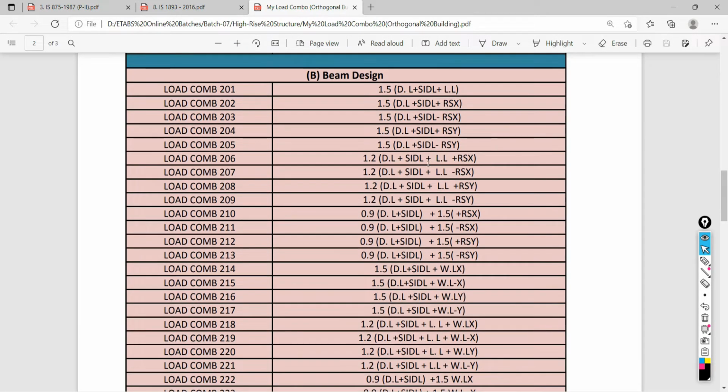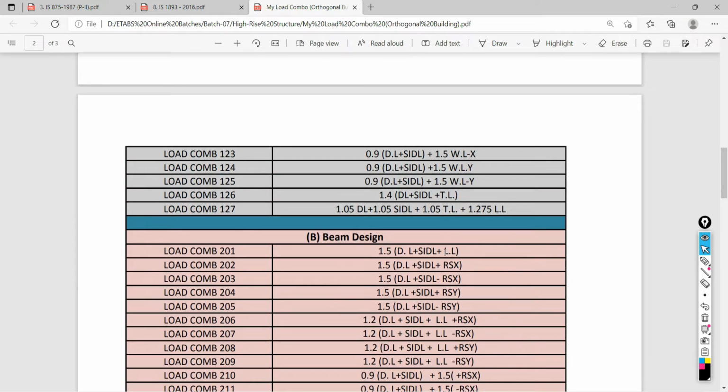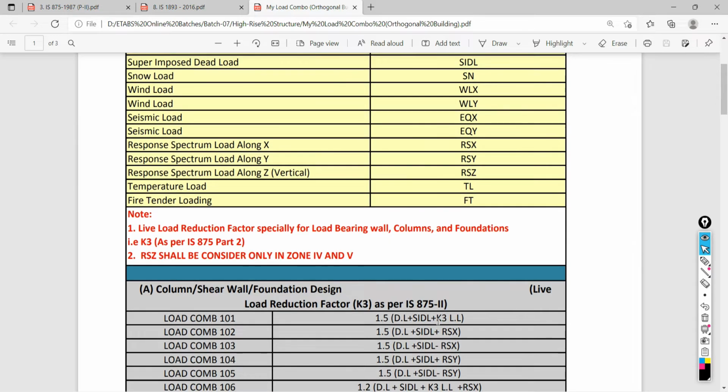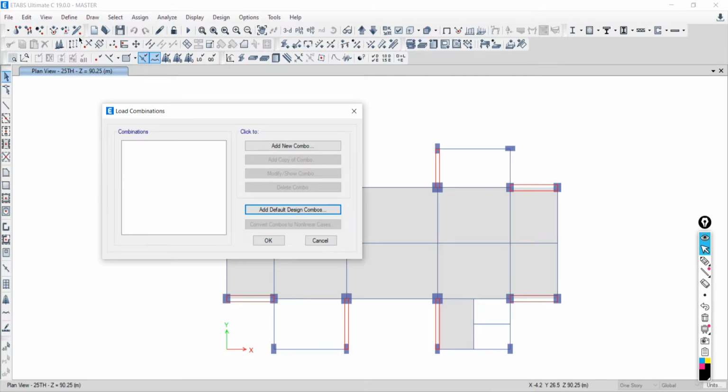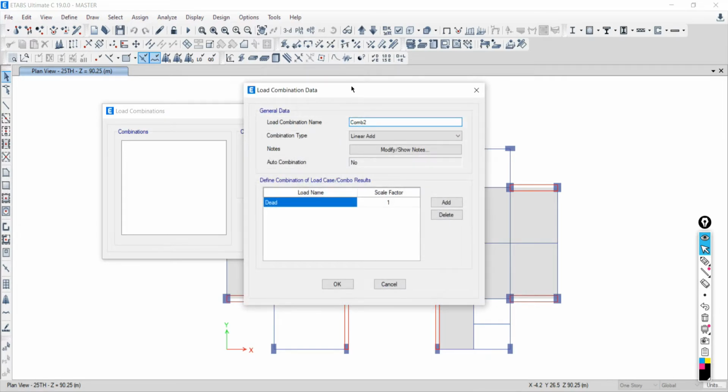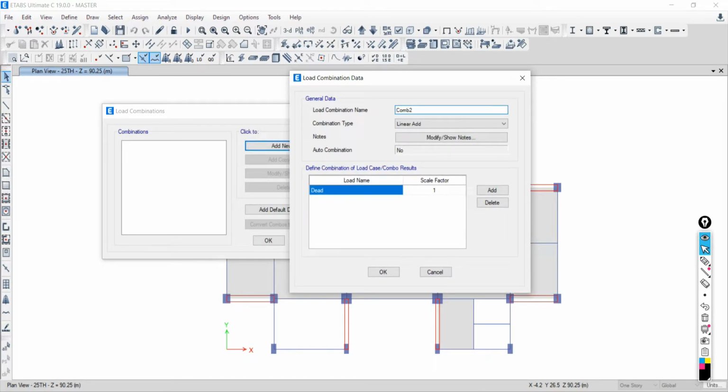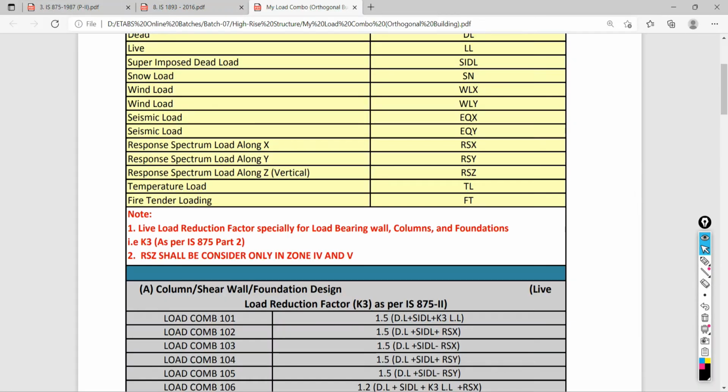Now for beams, everything will be the same, only the factor will not be there for the live load. Let me show you the live load K3. Understood? So go to ETABS, go to Define, and add a new load combination. By the numbering I am going to define the load combinations.